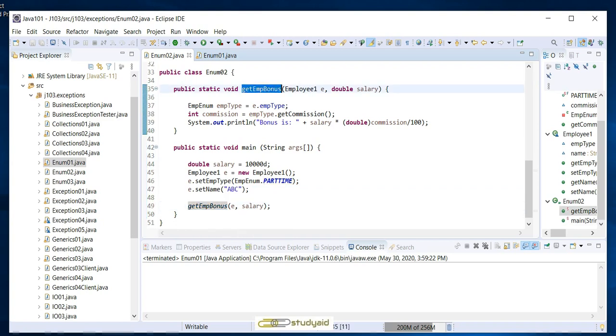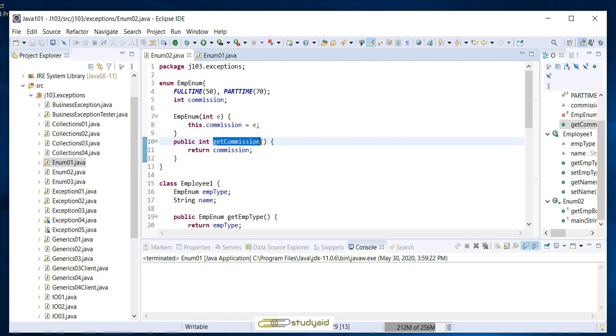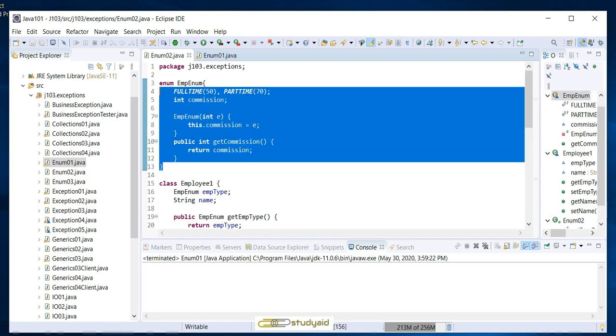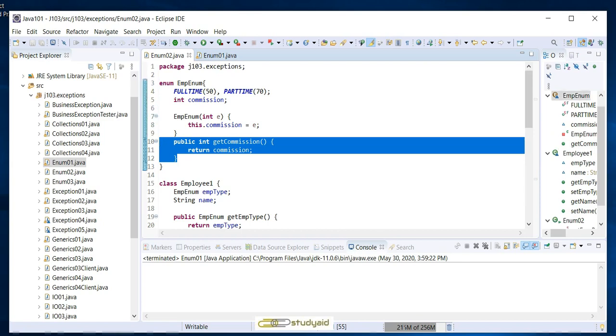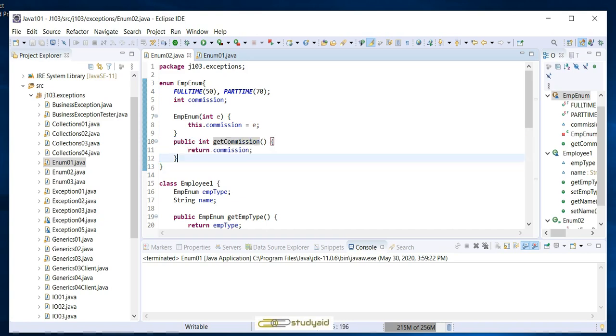So in this method, if you look over here, I am getting the empType. Okay, and the empType is obviously giving me the part-time, because I have set the value of the employee type as part-time, and then you can see that I have invoked the getCommission method in order to get the commission. So what is the commission? If you look over here in my EmpEnum, I have this method. All right, so that means in the enum, we can have a constructor, a method, and a field as well. So now if I'm going to run it,